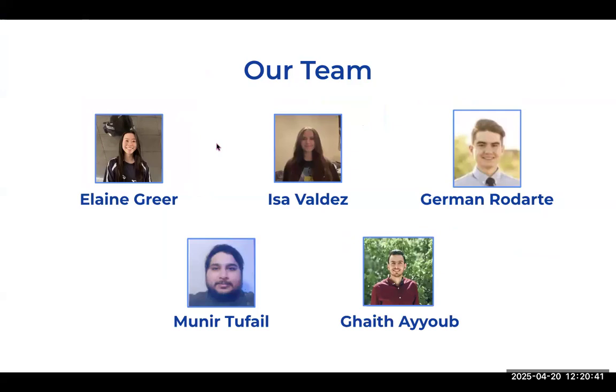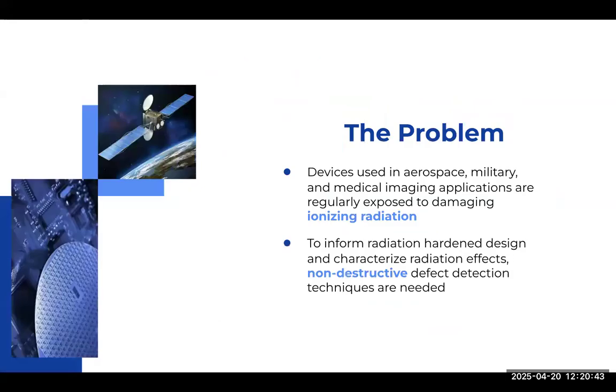There are several industry applications where semiconductors are exposed to ionizing radiation. Examples would be devices that help aircrafts go to space or create imaging from CT scanners. Our project focuses on characterizing ionizing radiation effects on semiconductor technologies to find a technique that won't damage the devices